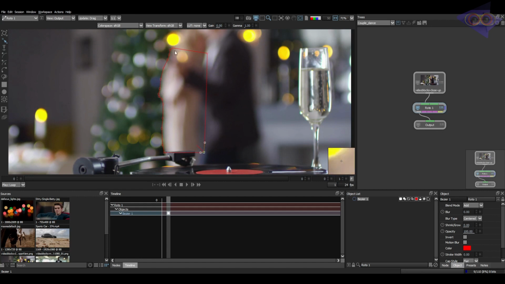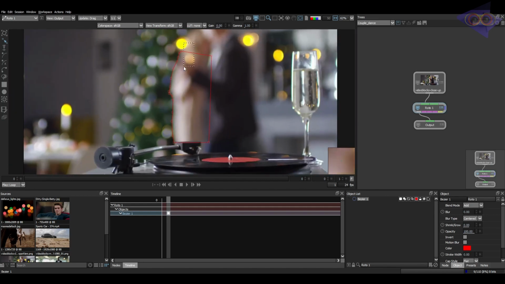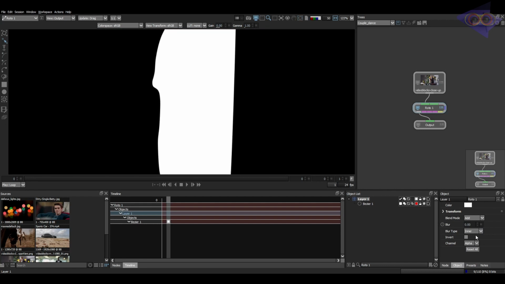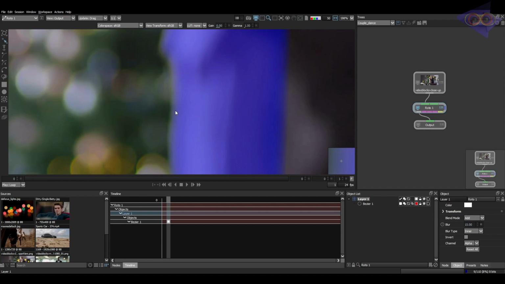Never draw a shape like this. You have to split the shapes according to the anatomy which I discussed in the last tutorial. So here I just drew the shape on the last pixel of the defocus, and let's keep this inside a layer. You can simply go inside the properties of the layer and keep it inner, and keep the blur type as inner, and just give it a value of 15. Now you can see the effect is much more subtle than the normal blur.